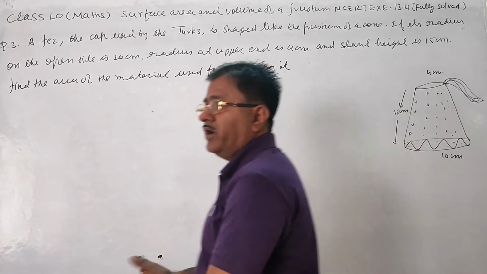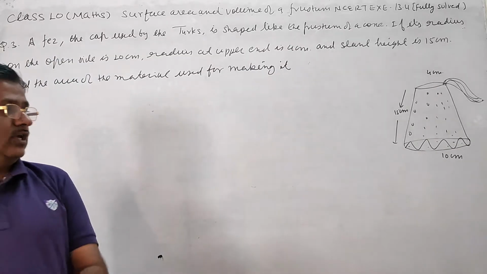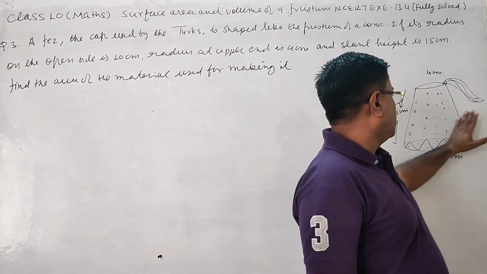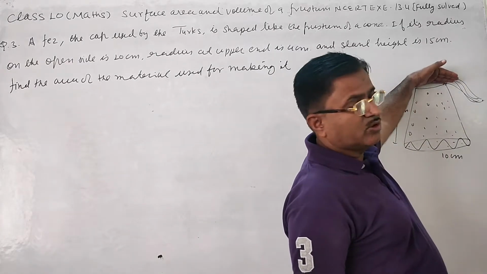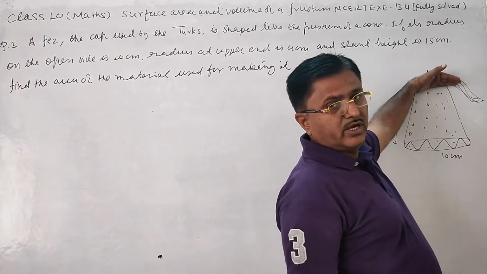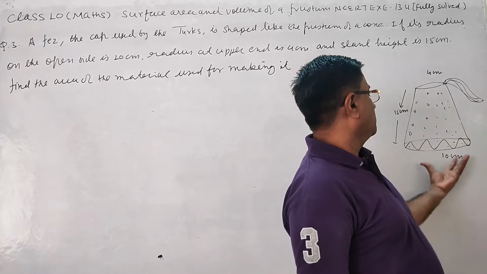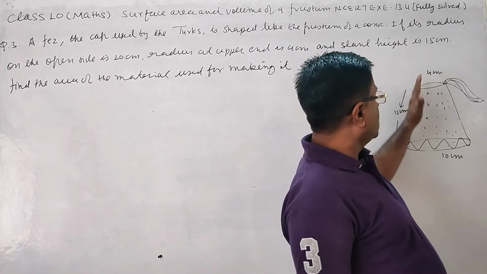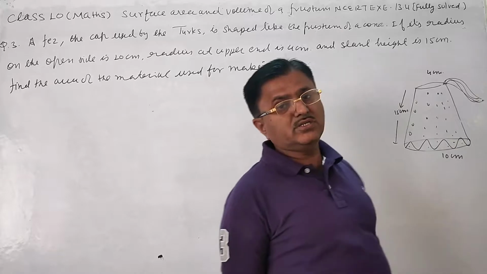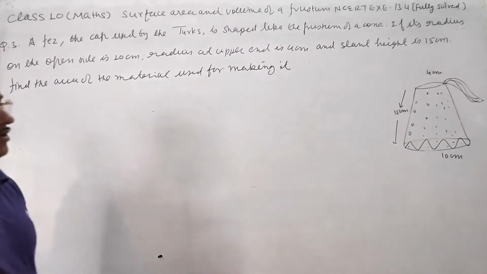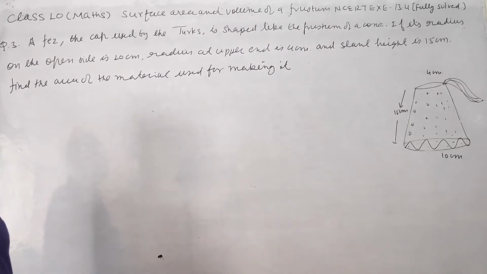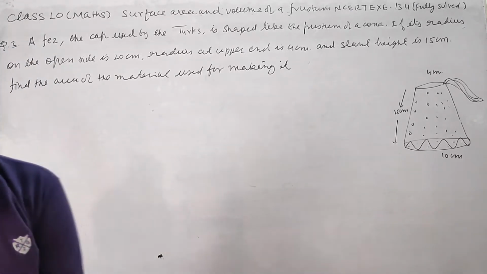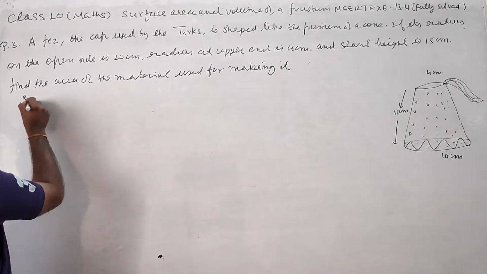So the required area of the material used is equal to the curved surface area of the frustum plus this area, because this part is also closed. As you already know for a cap, this portion is for the head, which is open, and the top is closed, and these are the sides. So we have to find the surface area of the frustum plus the top area, that will give you the total. So according to the given question, in solution you write